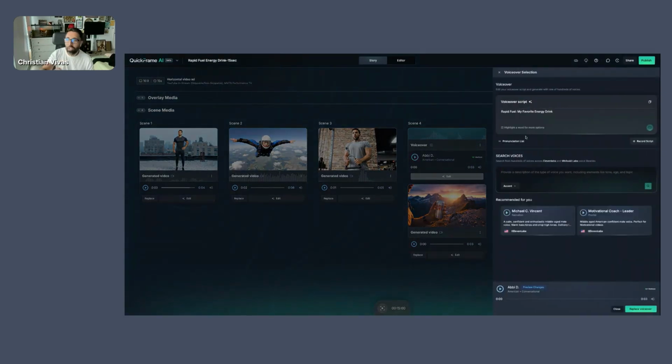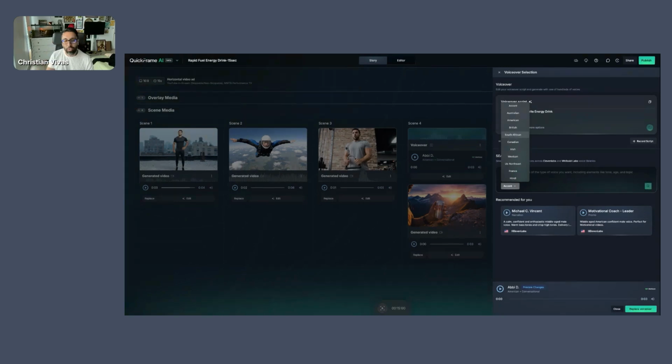Awesome. The cool thing about being able to have this voiceover there is that we could easily edit it and change our voice, change our accent, and change the way that we say it. So right on the voiceover selection container, we have the voiceover script. So this is exactly what our voiceover is saying. We can actually select here and be able to select any type of accent that we would like to do.